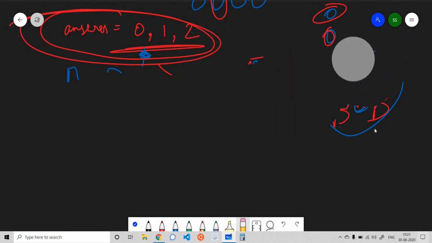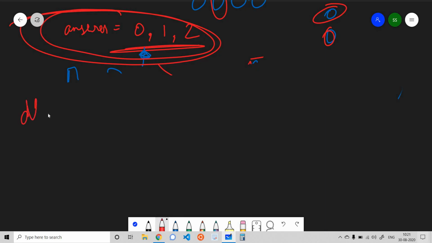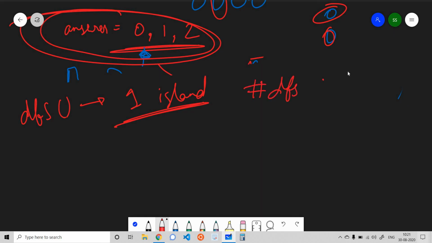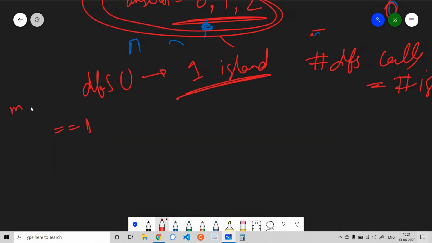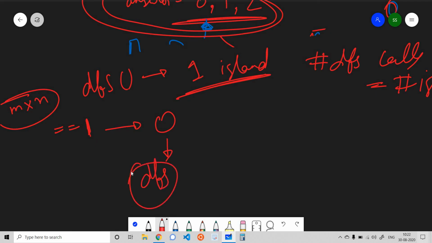So let's see what I did. As I have explained earlier, my DFS function runs once for one particular island. That is, the number of DFS function calls is equal to the number of islands. So then what I did was, for each cell which has value equal to 1, I traverse the whole grid, which takes m into n time. I changed its value to 0, and then I performed my DFS function on the whole grid, and I checked the number of islands I would be having